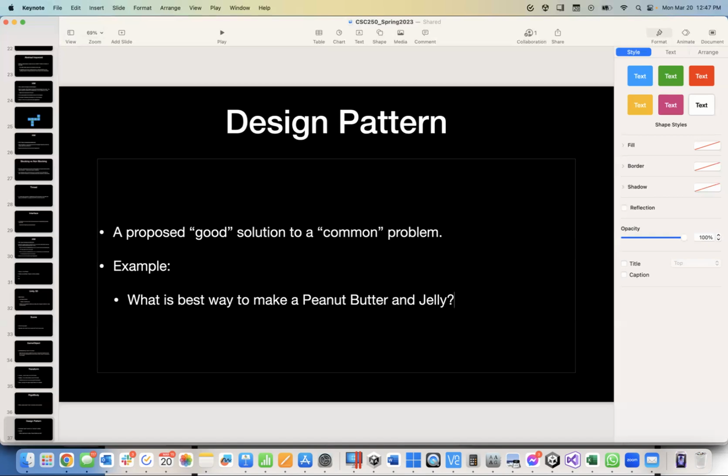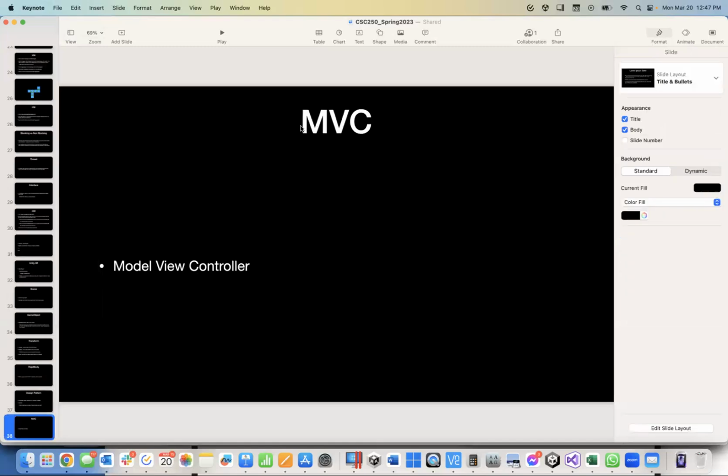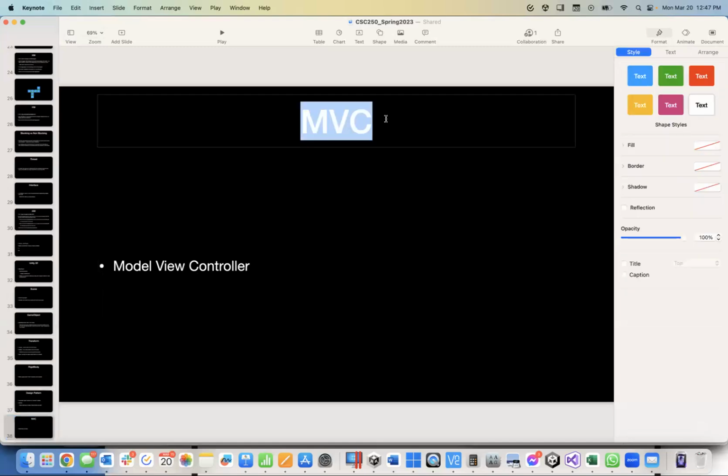It seems easier. But each one of those would be a design pattern, an approach to how to make a peanut butter and jelly. And then the user can decide whether or not that's a good solution, but it's still a solution. So this is the idea of a generic design pattern. It's a proposed solution to a problem. MVC is a design pattern